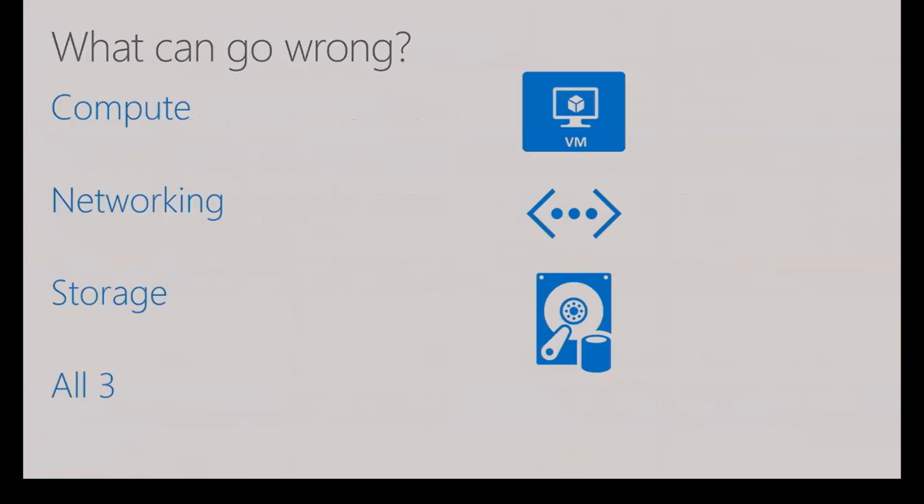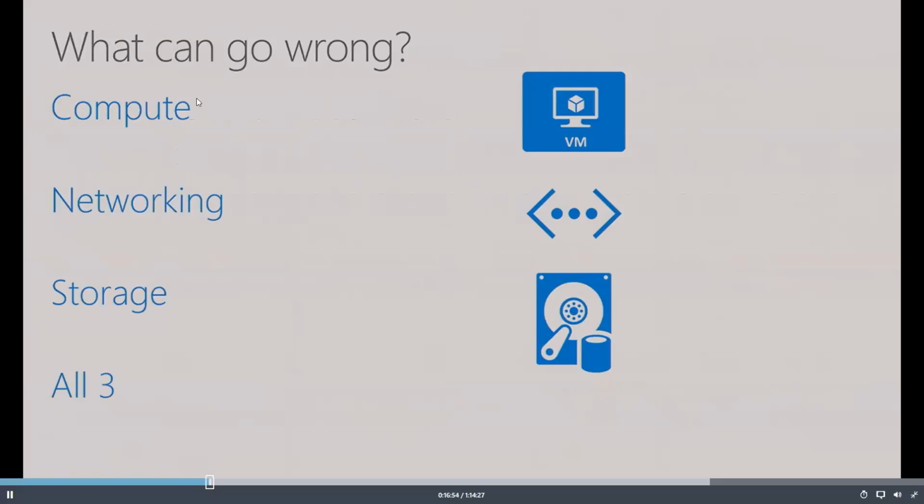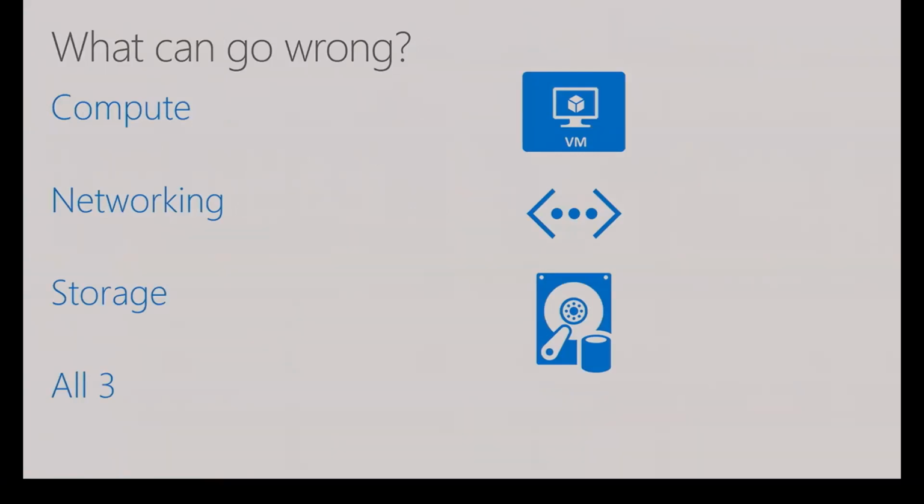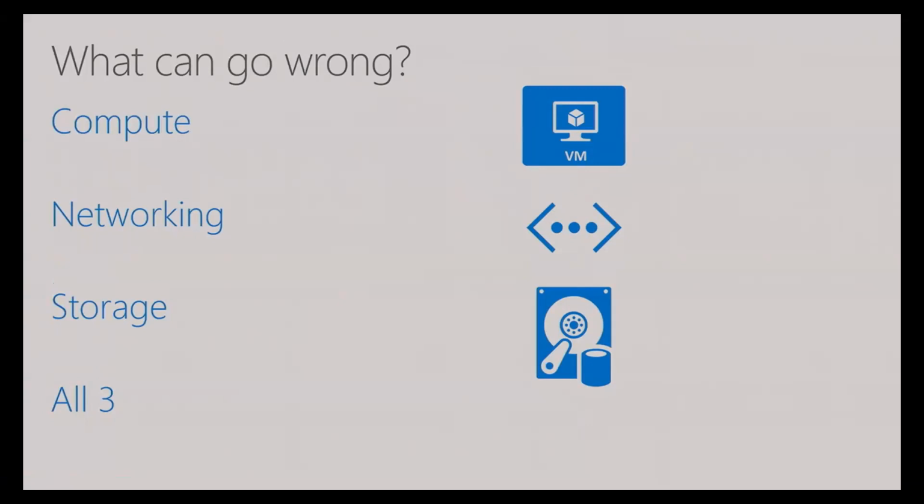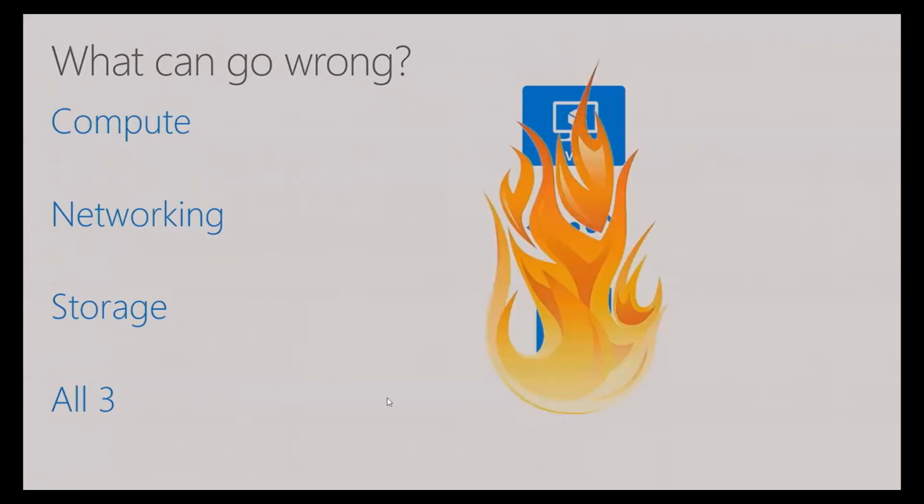So today's talk, we're going to go through 3 basic areas: compute, networking, storage. These are 3 core areas for your infrastructure, and these are 3 different areas where you can have faults come in, you can have failures happen, and how you're going to design and protect around each of them. You could have a fault happen in any one of them, or, due to my awesome PowerPoint animation skills, you can have faults in all of them.